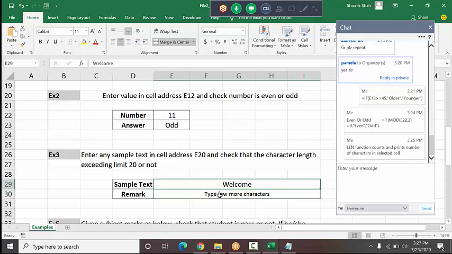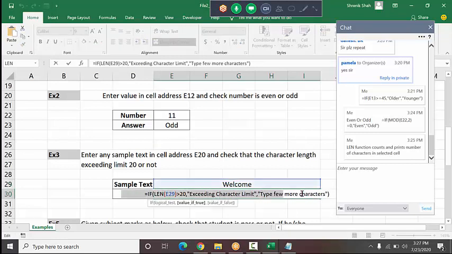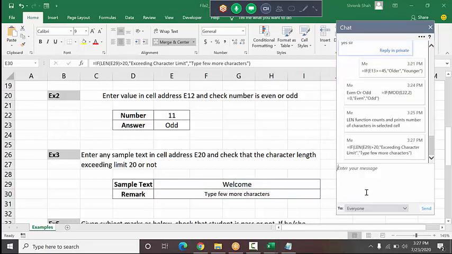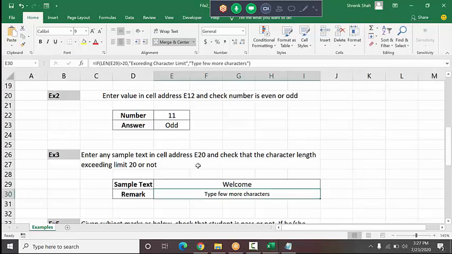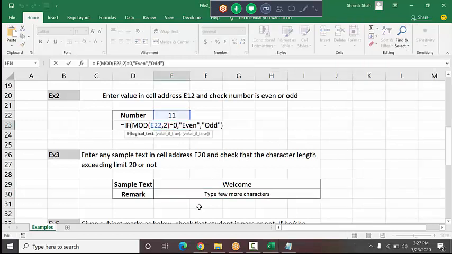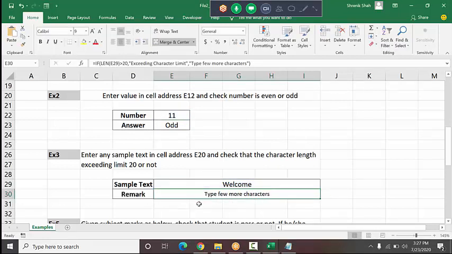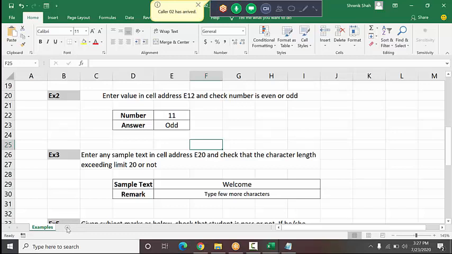This is another Excel example that explains how to use the if function nested with another function. So you can write the if function with the MOD function or the LEN function or something like this. We can write many different functions. Now I am going to explain one task.